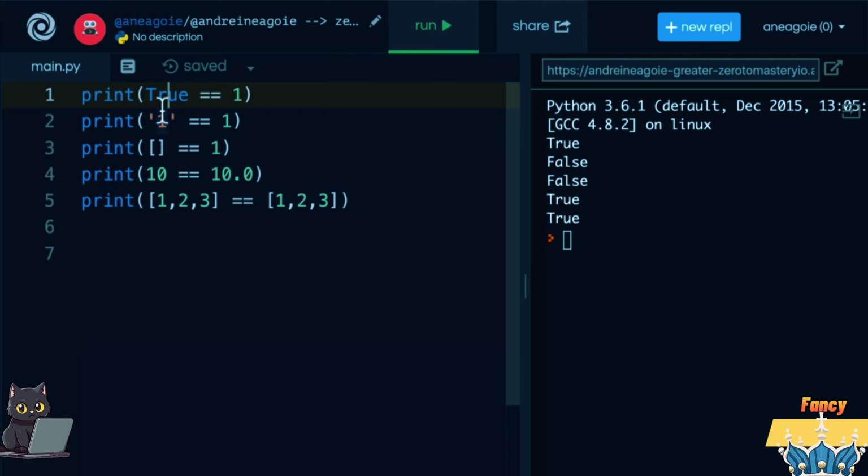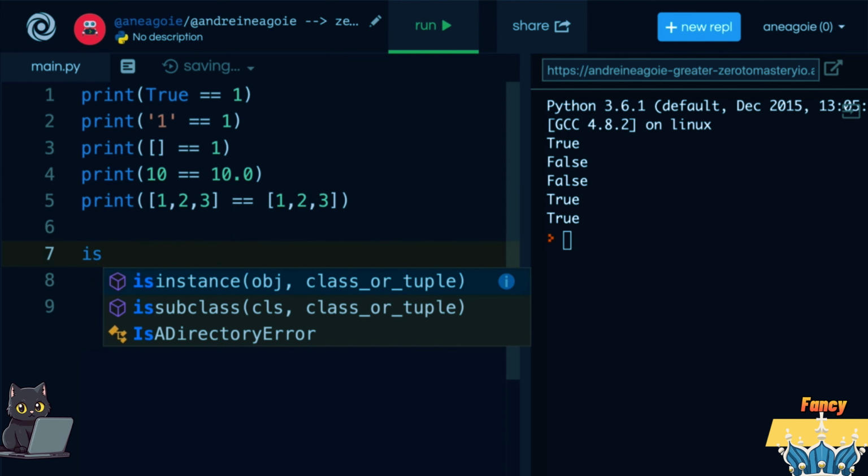Now, don't get confused by this, because this would be bad code. If you're checking something like this, well, obviously you should be checking two of the same types together. Ideally, when you use comparison operators or logical operators like this, you're comparing two of the same types, and you're not letting Python do this type conversion and hopefully figure it out for us. But I hope the double equality makes sense, because there's another check that we can do, which is